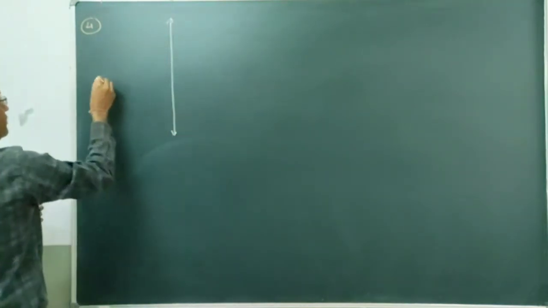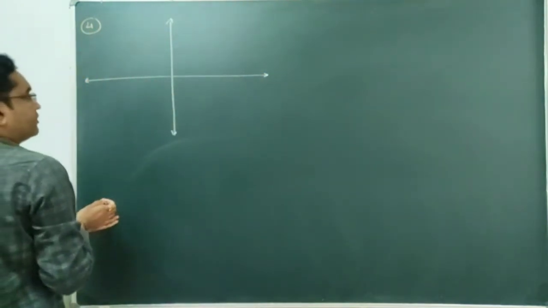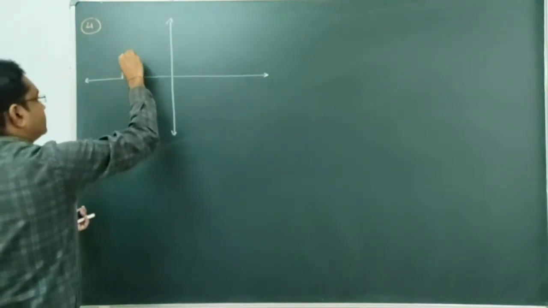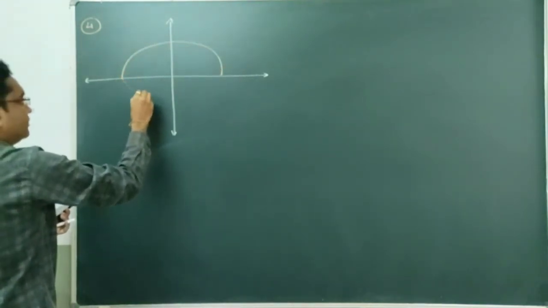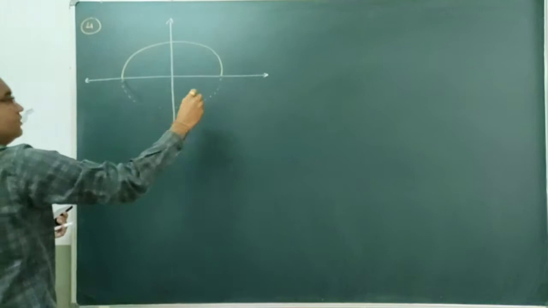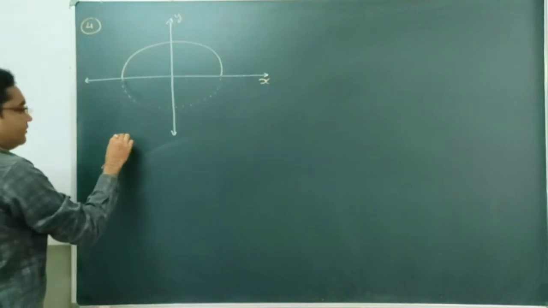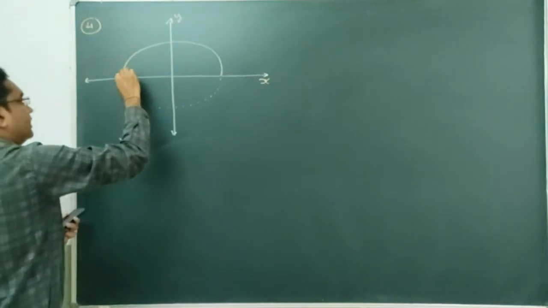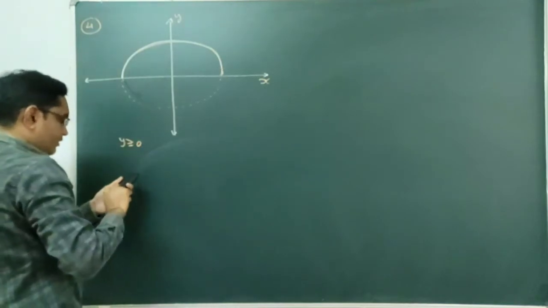Semi ellipse is there. Here the ellipse will have this shape. This is a semi elliptical arc. This portion is not given. We are given the arc as a semi elliptical arc. That means defining this arc for y greater than or equal to 0. So this part of the arc is given. The arc is in the form of a semi ellipse, only this part.